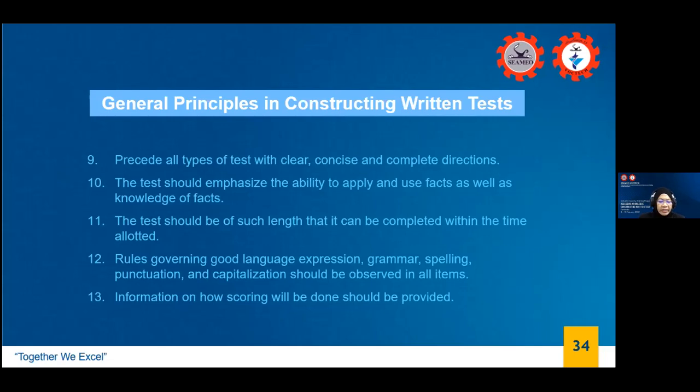Do not say that this is a 1 hour test and then you will have 10 matching type, you will have 5 essay. It's not possible, because later on you will know that when they sit for 5 essay, how many minutes is required for them to complete one essay item. We will go and cover that tomorrow, I think, on the duration of tests.